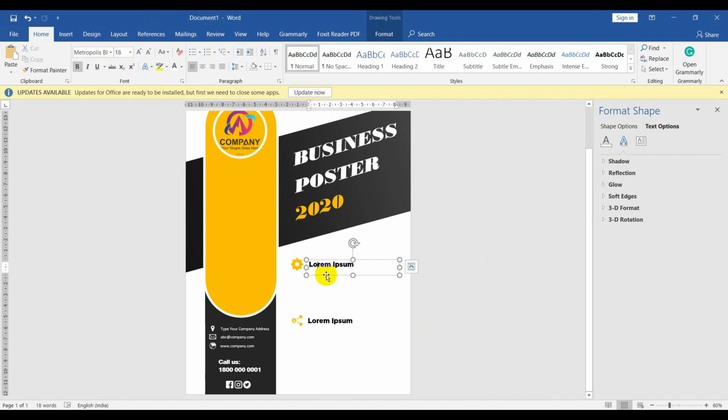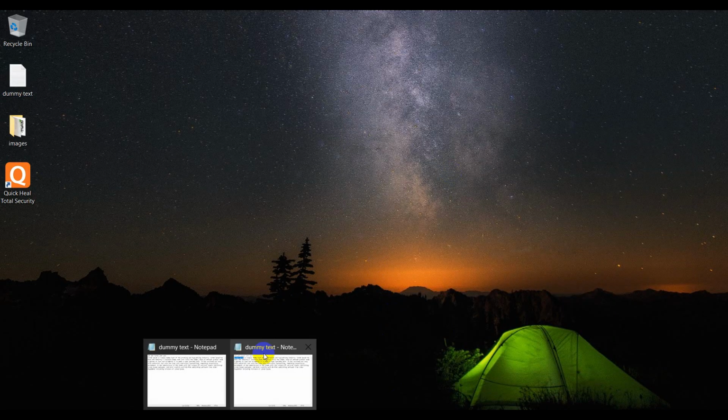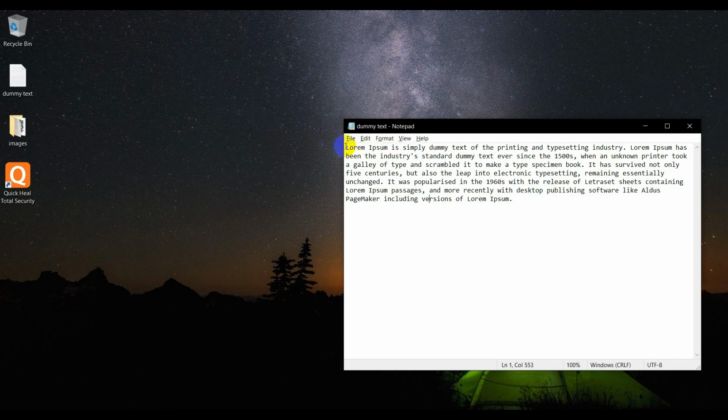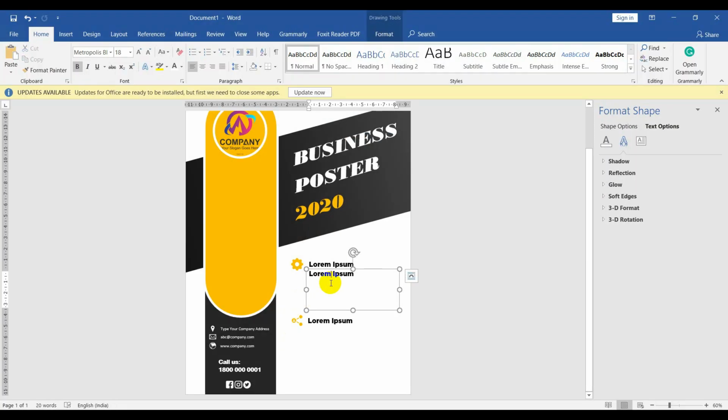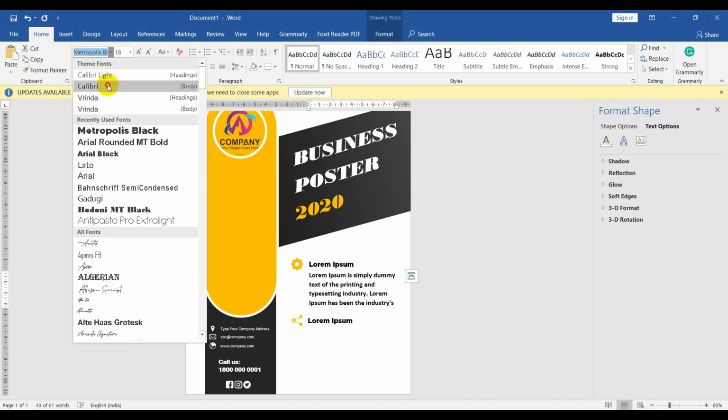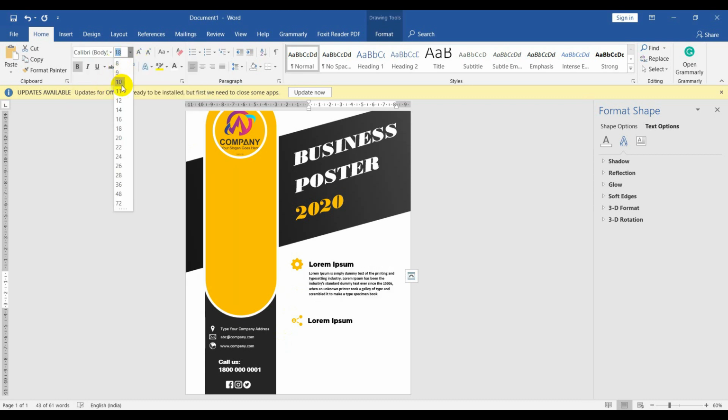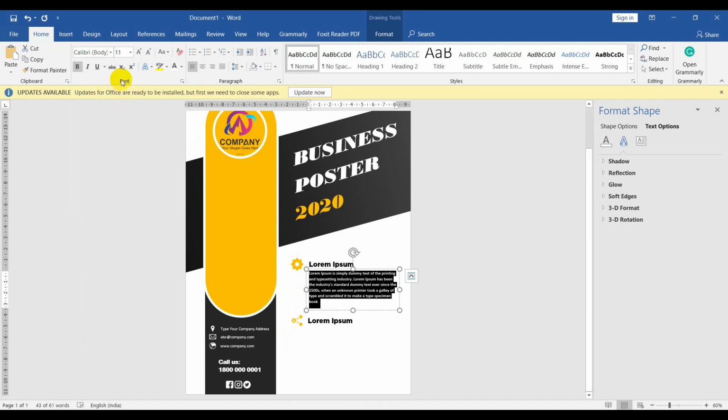Now copy the text box again, and this text box I will use for description purpose. So I'm taking dummy text here. Now copy the text and paste it here. Okay. Now go to home and change the font with Calibri body and give it size 10. Now change its alignment to justify.